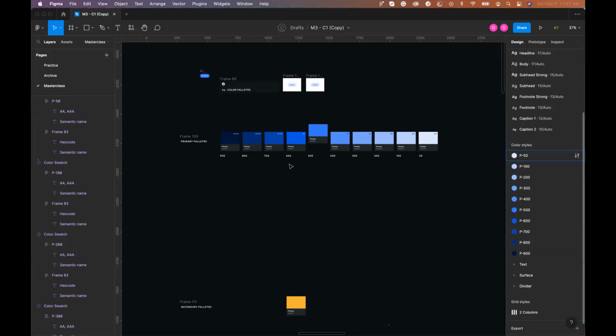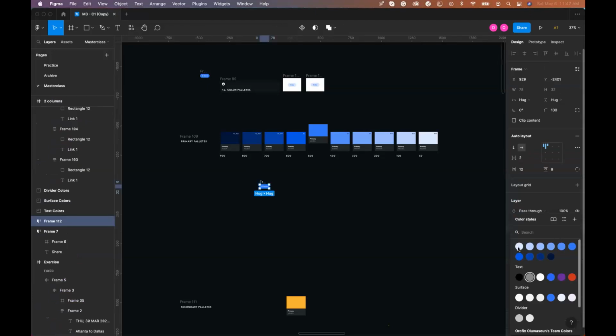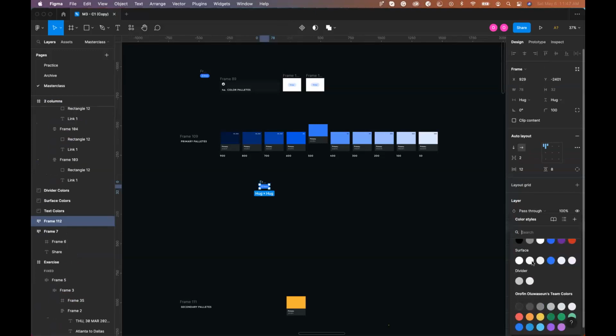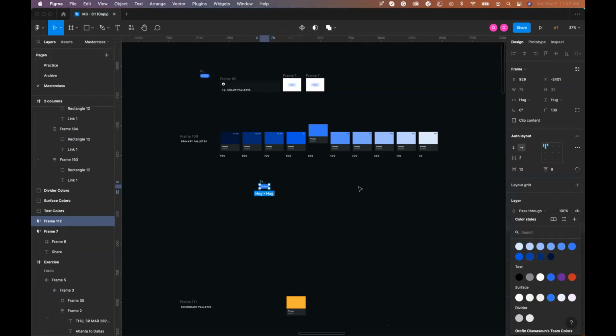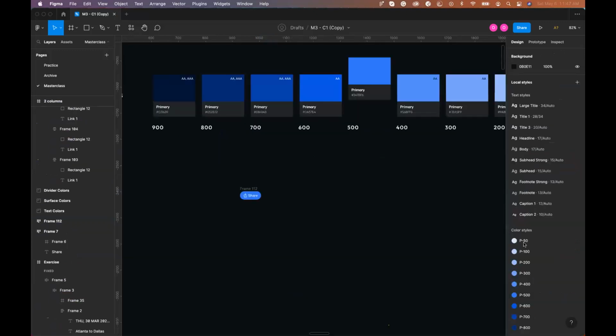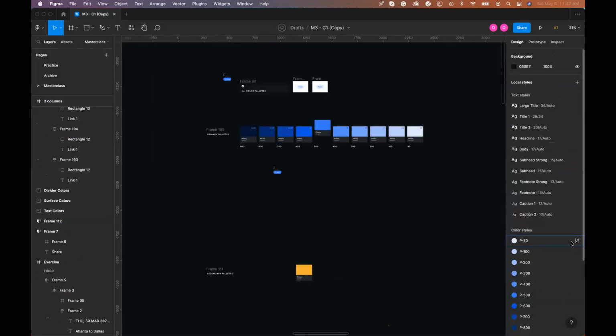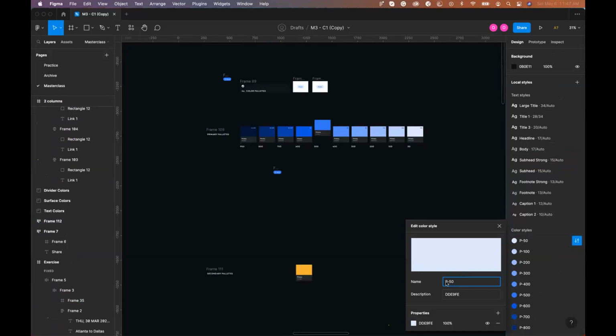But what if I'm trying to create a simple button, right? And I want to add a fill to it. I would come here and I'll just see everything. So if I have my secondary colors, all these colors would just be here and would look so bulky. Everywhere would just be occupied by colors. So you can actually break it down, right? You can come here, right, and say